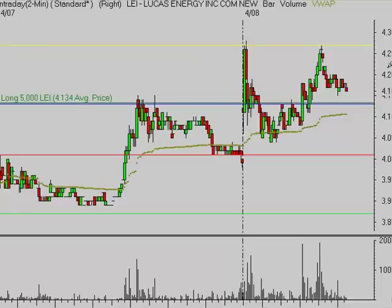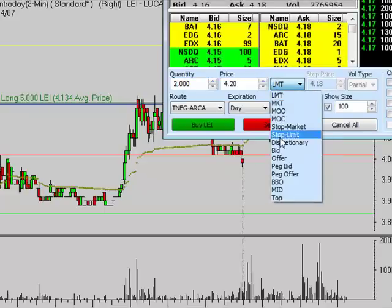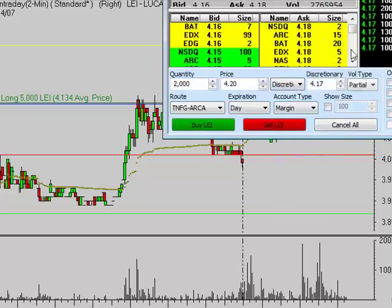Well, I'm growing less trusting of this price action here in LEI, and as you see, the average price that I own the remaining shares at is 4.13. It's right now 4.16 by 4.17. What I'm going to do is offer another 2,000 shares out. I'll offer it at $4.20, but my actual price, I'm going to put it with a discretionary order at 4.17. So it's completely invisible, but the order is there right now. So no one knows that it's there besides us. So it's an invisible order right now to anyone who's